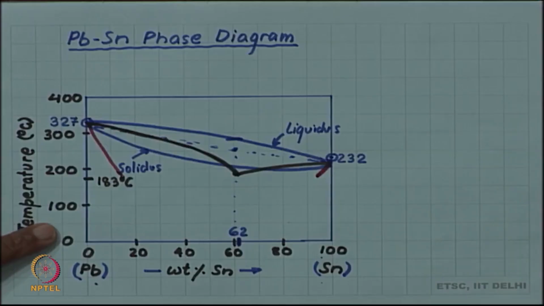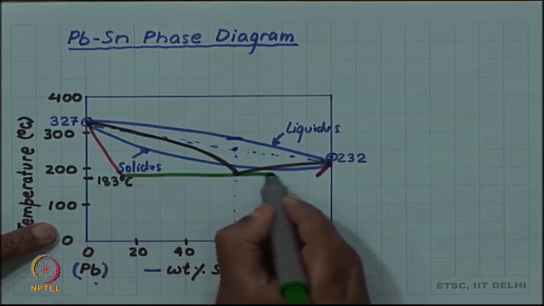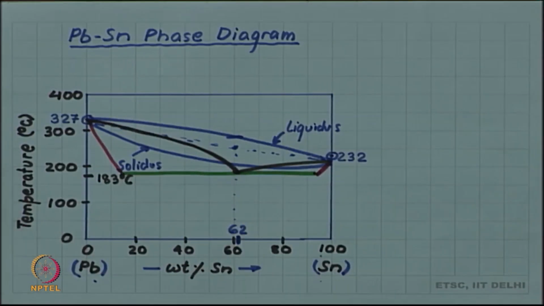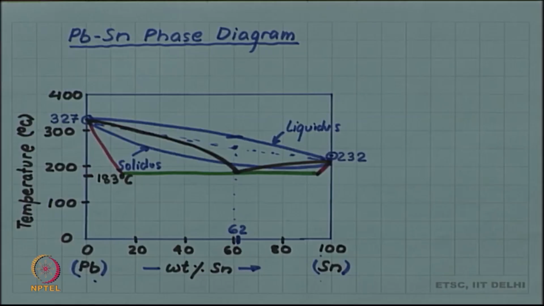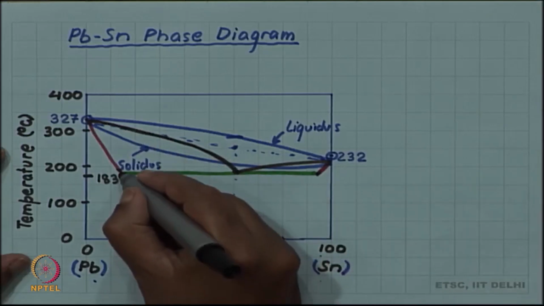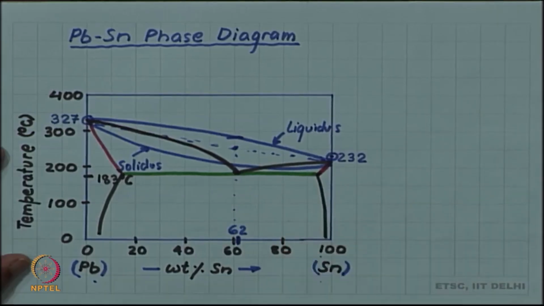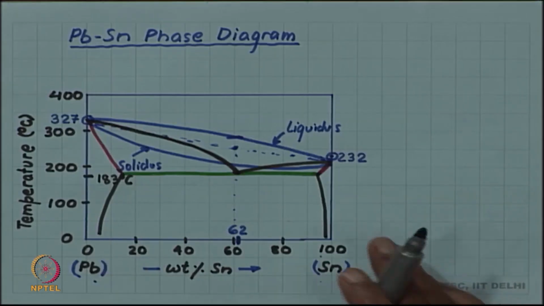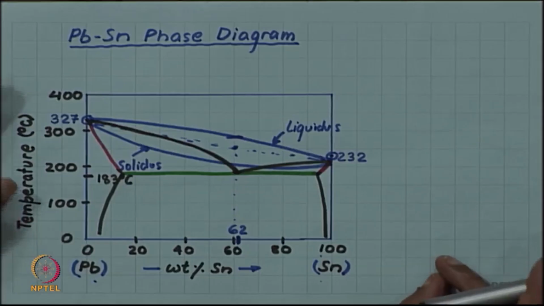And then at 183 degrees Celsius, you have a horizontal line going through this minimum of the liquidus from one solidus end to another solidus end. And finally, to complete the phase diagram, you have two more lines, two new lines which you have not seen in an isomorphous diagram, extending from this end to this end. So, you can see this is a somewhat more complicated, but at the same time more interesting phase diagram than